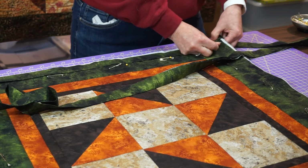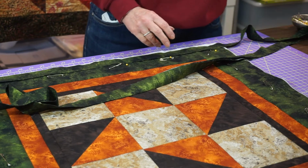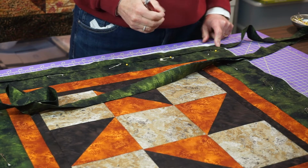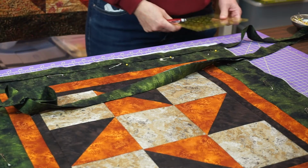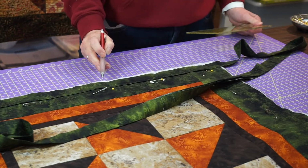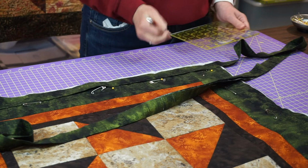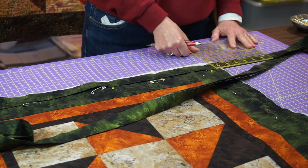And what you're going to do, and for a beginner, you might want to grab your marker and a little ruler and mark a 1/4 inch from the edge. Because with your binding, you want to start on your first pin, so you've still got your tail, and sew a 1/4 inch from the edge down, but you want to stop a 1/4 inch in from